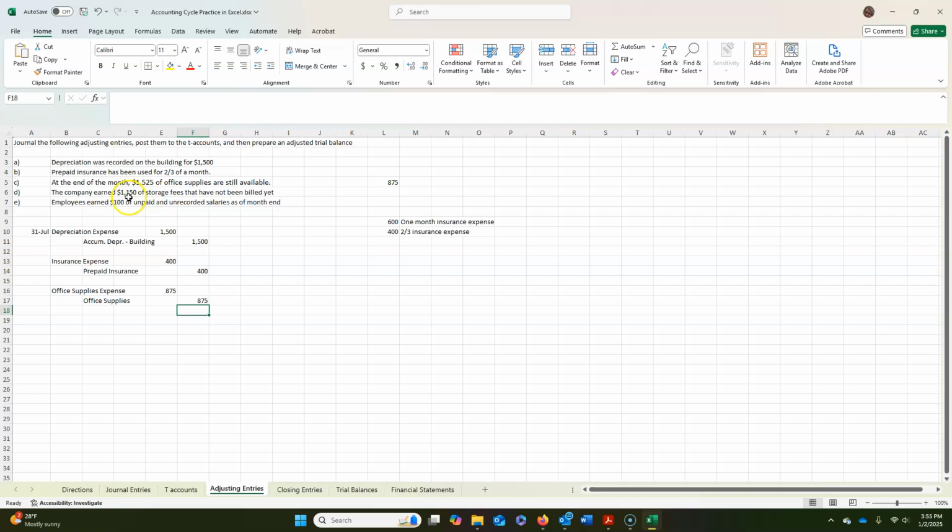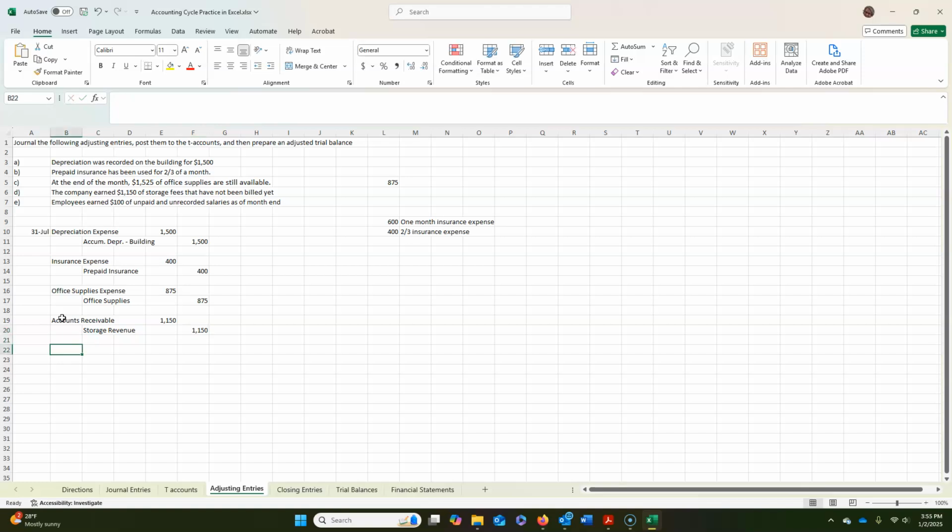Then we earned $1,150 of storage fees that have not yet been billed. So we're going to bill these and they're going to owe us money. So our debit is going to be for accounts receivable, because they aren't going to pay us cash until the next month. And we're going to invoice for $1,150. And this is storage revenue that we have earned of